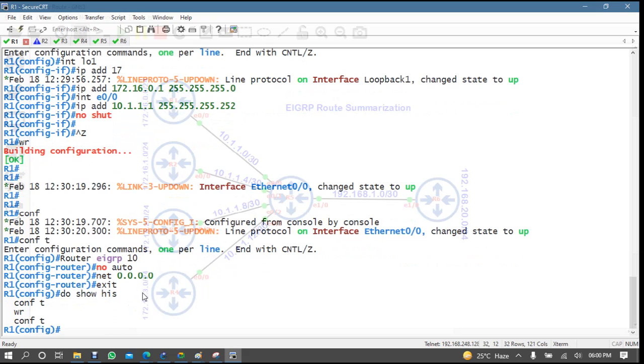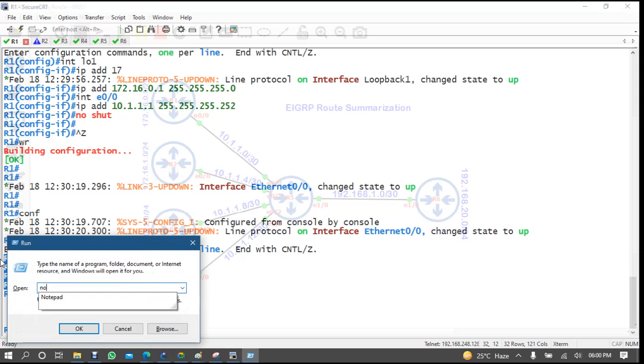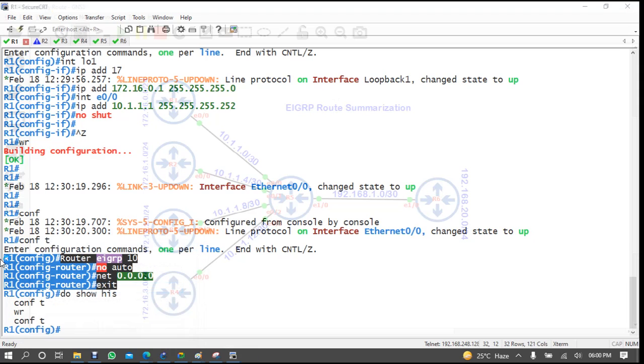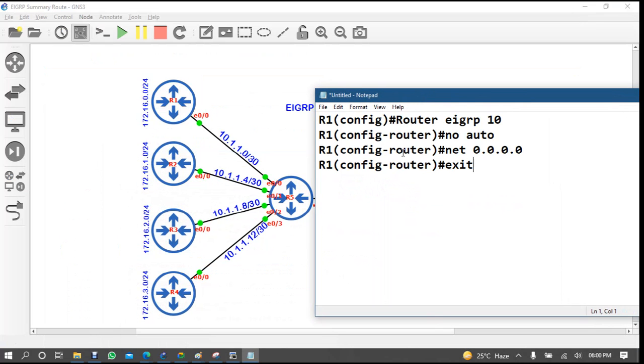Let me check the history, conf. Let me copy this command into notepad. See, notepad will help you when you are configuring a large network.